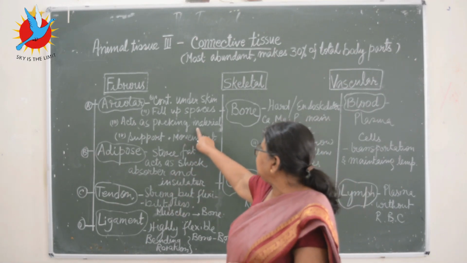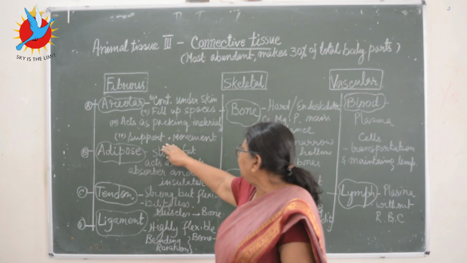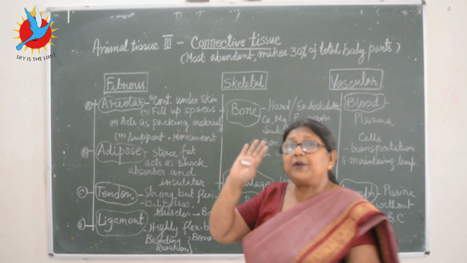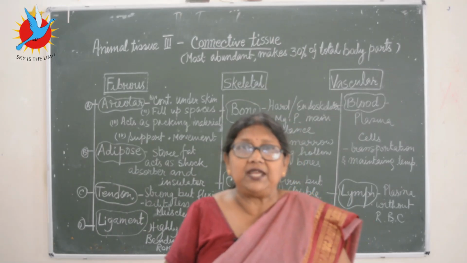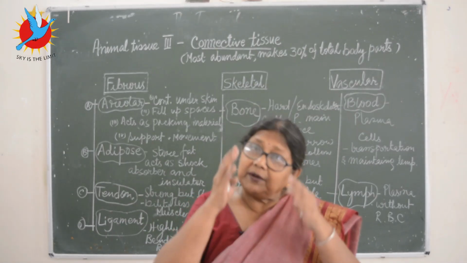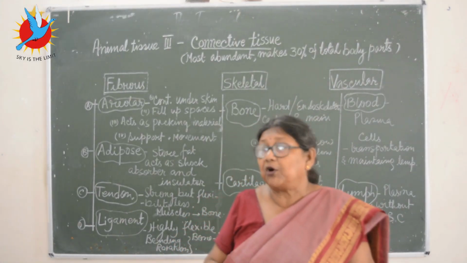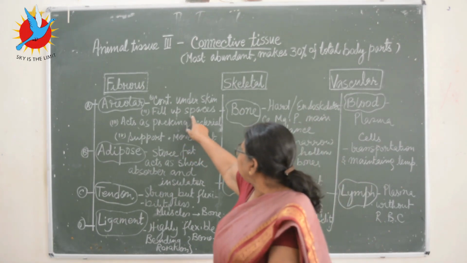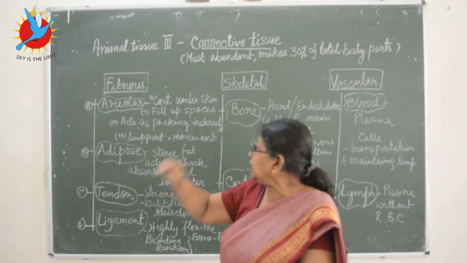And it acts as the packing material, as I have already told you. The function is to support and bring about movement in different parts of the body. Suppose the joints, the bones are joining. If there is no flexible tissue in between, how will they move? So the connective tissue has a very important function in our body. So which one is areolar tissue? It is the continuous layer of tissue beneath the skin, first point.